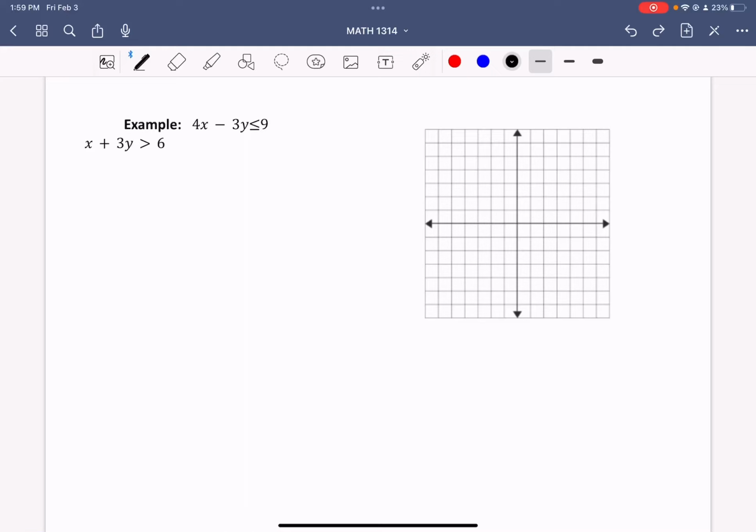Let's look at this grouping where we are looking at system of inequalities. Now, what's going to happen with your system of inequalities is like your system of equations. You're going to put data all together and then see what data is going to relate to everything in that system. And in this case, we are going to solve this like a normal inequality or a linear inequality, as we're going to isolate the y, we're going to graph it, but we're going to graph multiple things on one